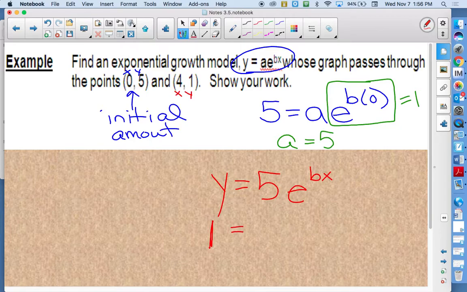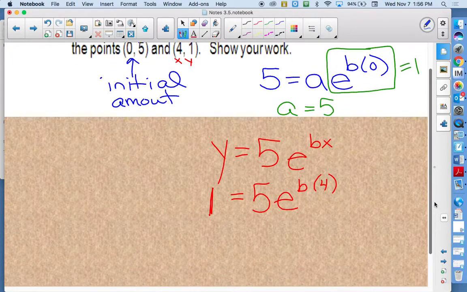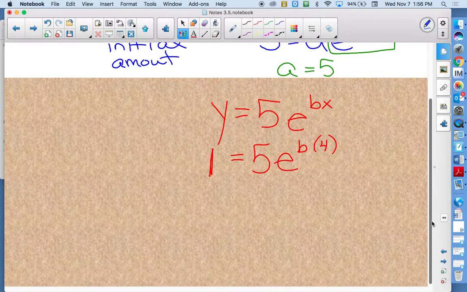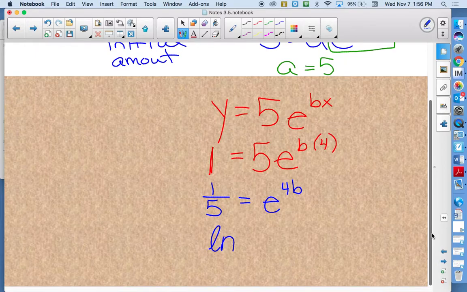So 1 is equal to 5, that was A, e to the b, we don't know b, but x is 4. And then you have to solve. So we would want to get rid of the 5, divide the 5 out, that gives us 1/5 equals e to the 4b. So we're finding b, we're not finding x, we're not finding y, because we have x and y, we're actually finding b. And Sabrina, in order to get b, what do you have to do? Do you turn it into the logarithmic thing? So the natural log of 1/5 is equal